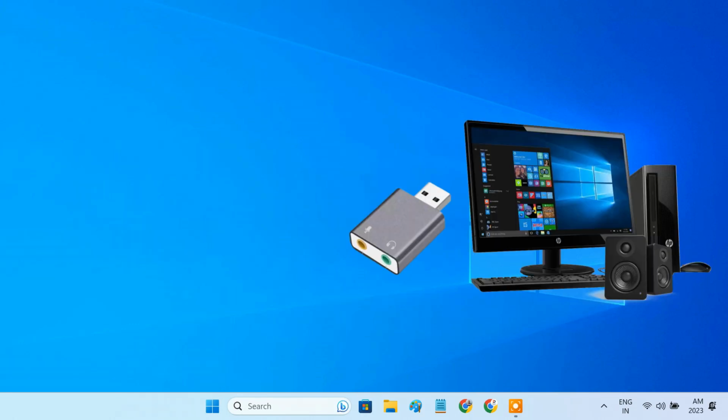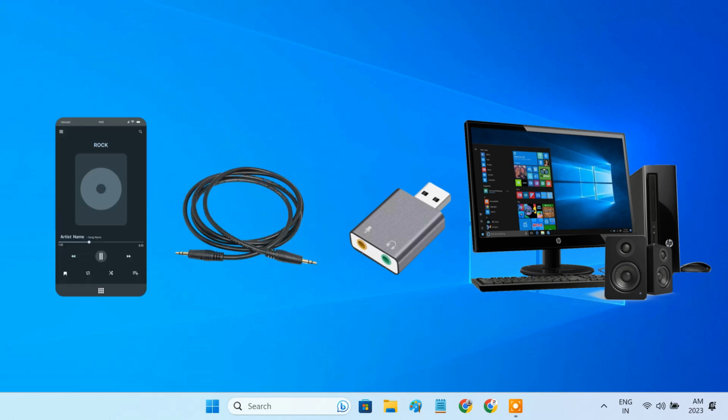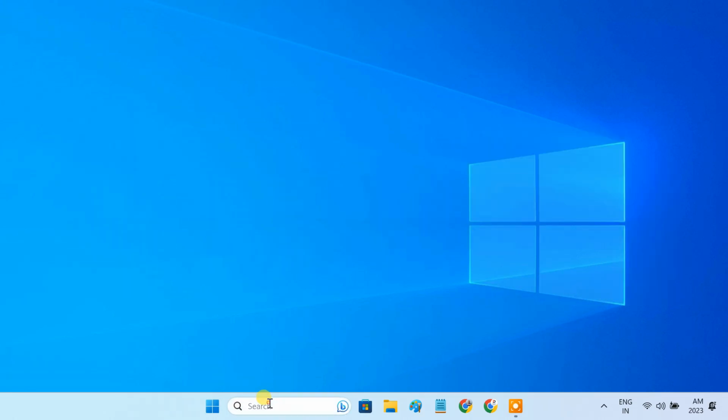Now, start by plugging the audio adapter into your computer's USB port. Then, plug one end of the audio cable into your phone and the other end into the microphone port of the audio adapter. Now, go to the controls panel